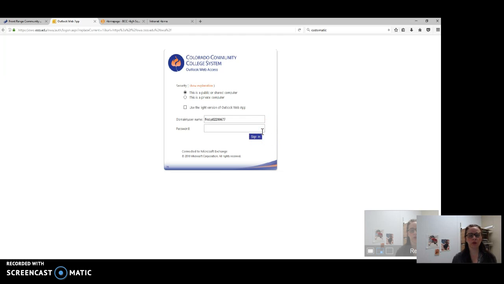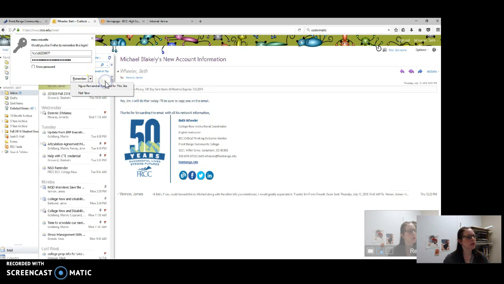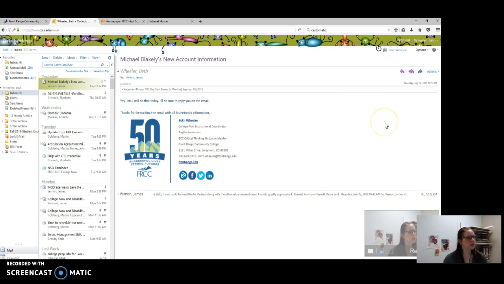Your password was originally given to you as well, so put that in for now, but it will prompt you to reset, and it will have to be 14 digits or longer. And so, as you see, that got me into my email account, and you received some information in that email about your faculty email account to help you understand the archive folders,